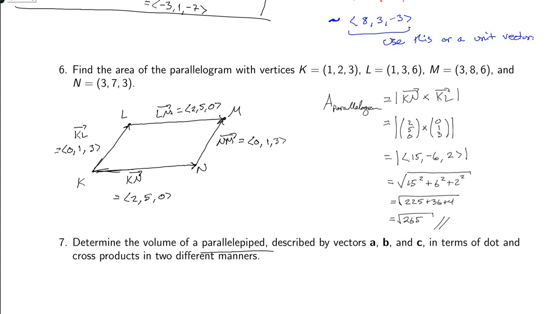The magnitude of a cross product is the magnitude of KN times the magnitude of KL times the sine of the angle between them. So I'm going to cut off this triangle here, and I'm going to tack it on, and see that this rectangle I've drawn in red is the same area